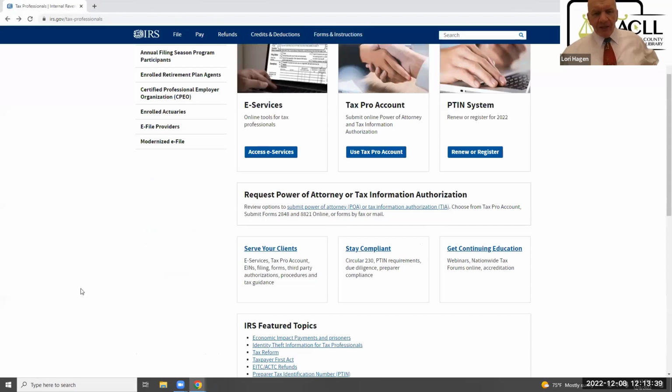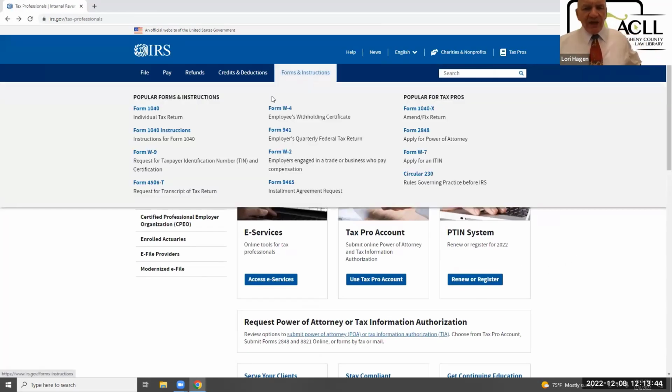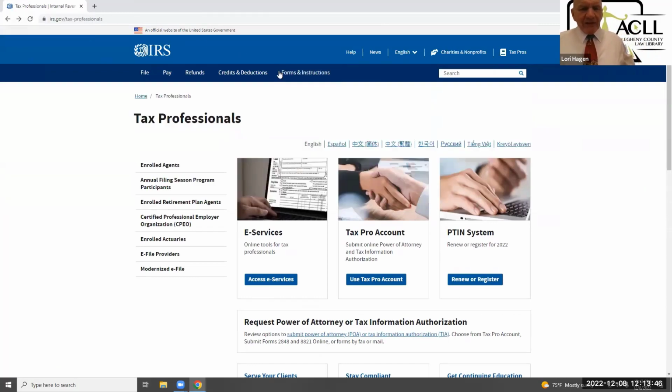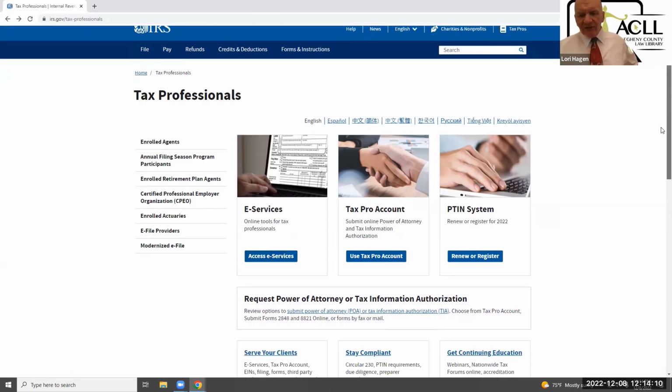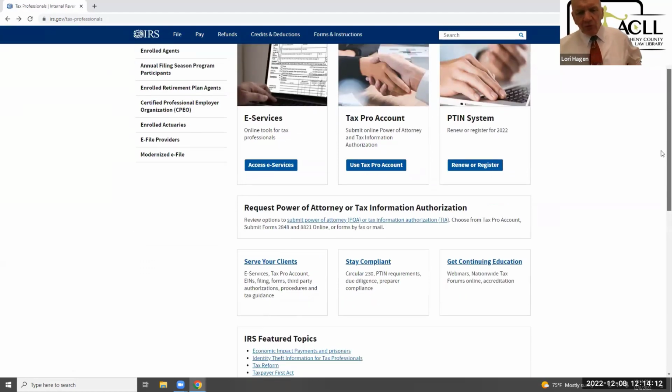Okay, here we go. I'm back to essentially the screen with the IRS, and this is the IRS sort of information, help, news, so on and so forth. That's something for charities and nonprofits, tax pros. And if I click on tax pros, that's gonna be another thing, but in fact, I'll click there for a tax pro. And I think I might be in that. And to the extent that I'm here, you see that I'm going to be able to